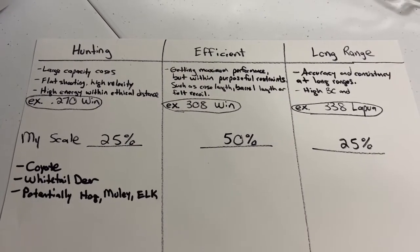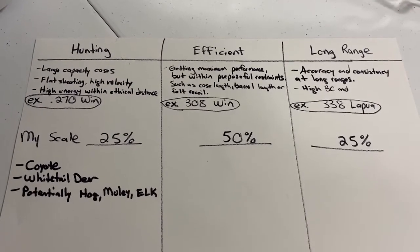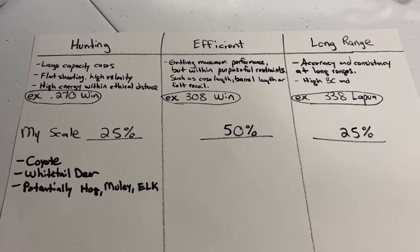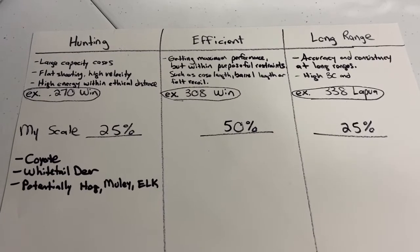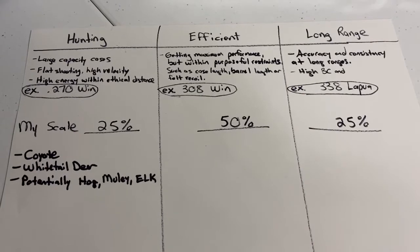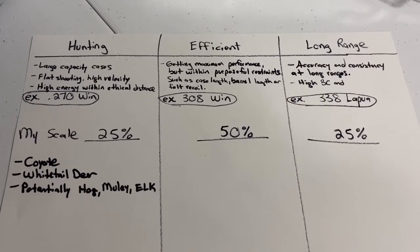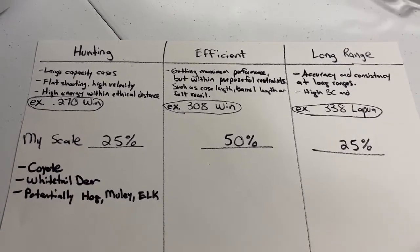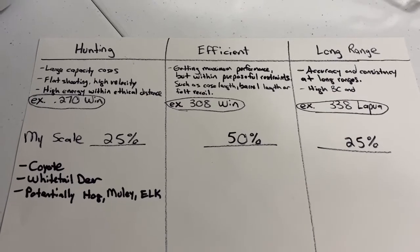Efficiency is the big one, though. I just think it's really cool to have a cartridge accomplish 80 or 90% of another similar cartridge's performance, yet do it with 40% less powder, or a 30% shorter case, whatever the thing. It's just neat to me that a 308, for instance, I always use that as the example,